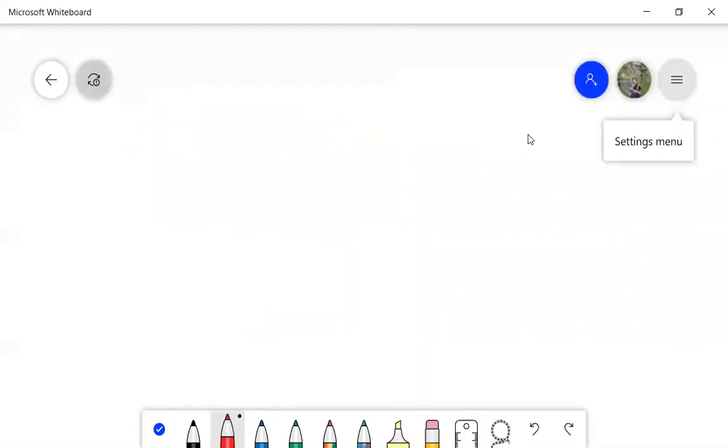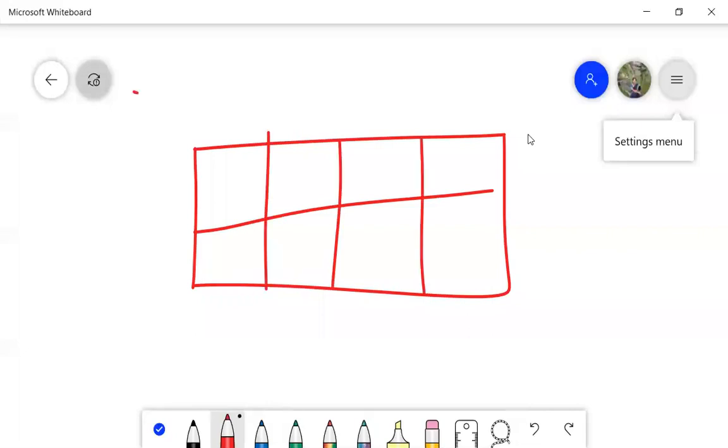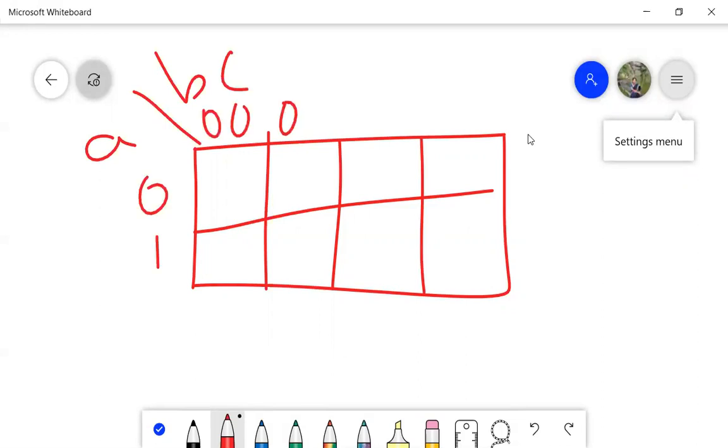Now how will I plot the K-map? How many variables is it? It is a 3 variable. So let me take a 3 variable K-map over here. This will be A, this will be B and C. Here I have 0, 1, and 00, 01, 11 and 10. Now what are the minterms I had? 2. So where do I get 2? 2 is over here. Next is 3, 3 comes over here. Next is 4, 4 comes over here. Next is 5, next is 6 and next is 7.